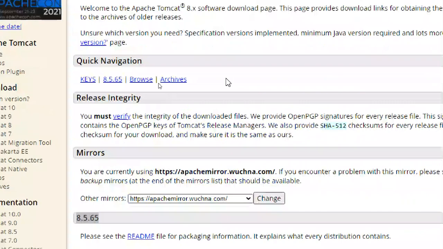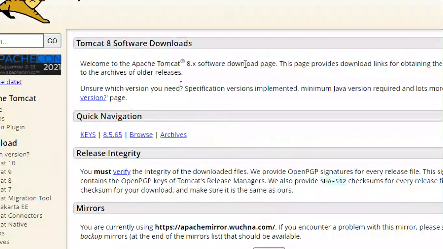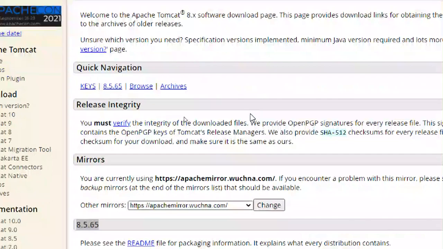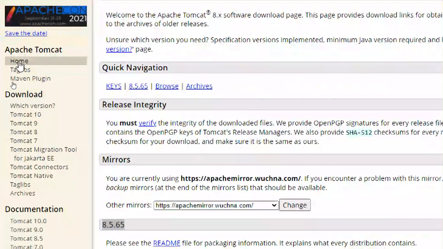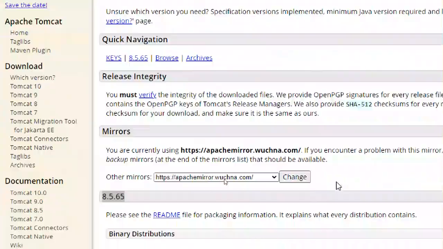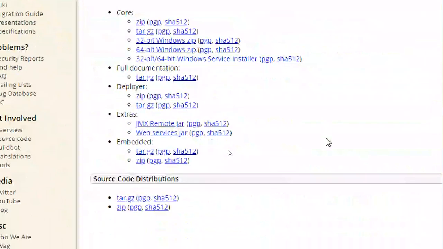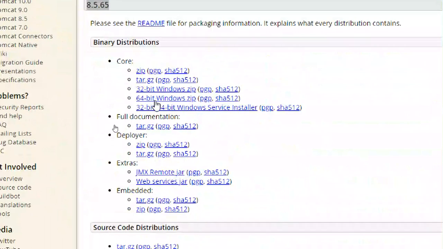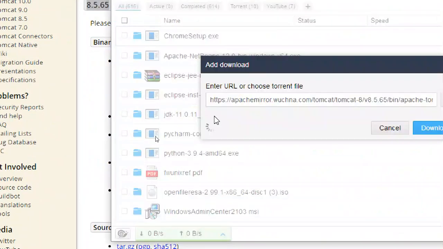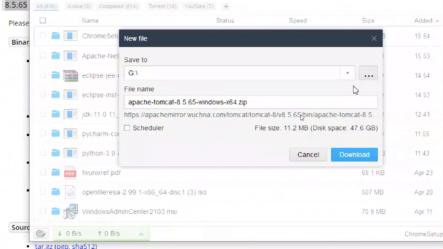It is nothing but a web server. What is a Tomcat? Okay, it is not given any information. You can go to the home page for Tomcat kind of stuff. 64-bit Windows zip. You can see the 64-bit Windows zip file is there. Just click it, then download. So I'm downloading in my DevOps folder only.